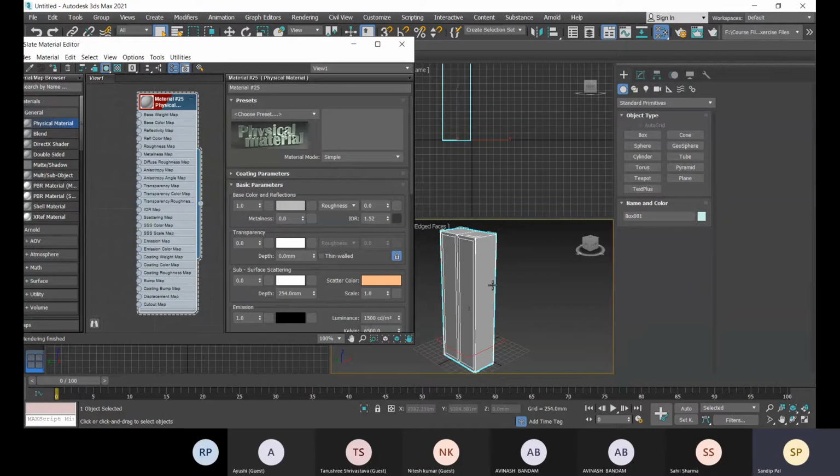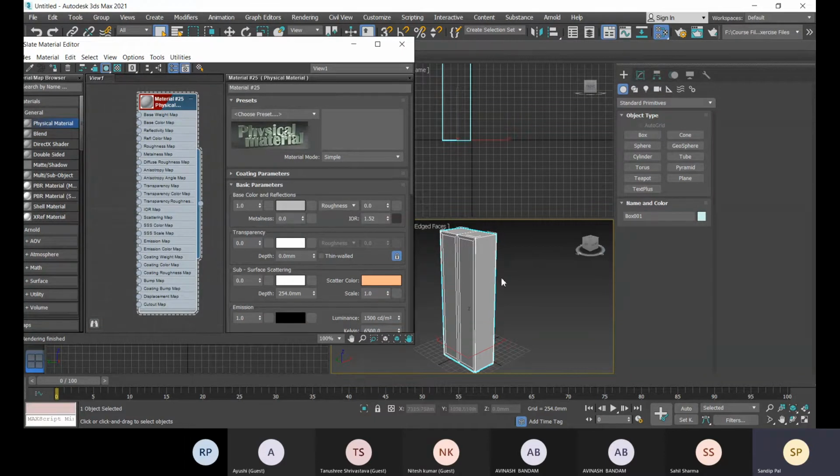Let me undo this. Right now it is not associated this way. This is the output option; you drag it to this box and place it. This way also you can assign the material.